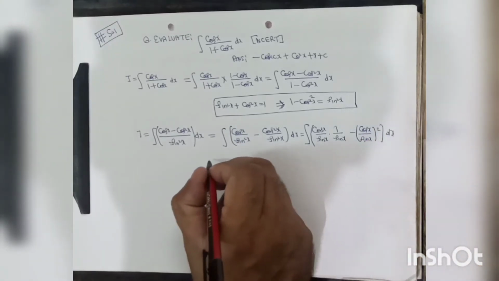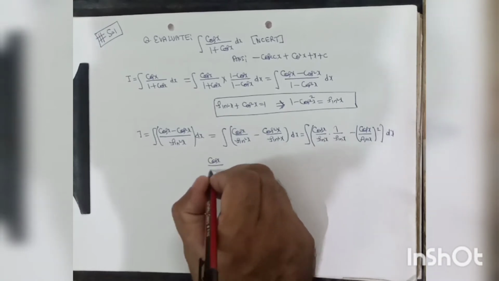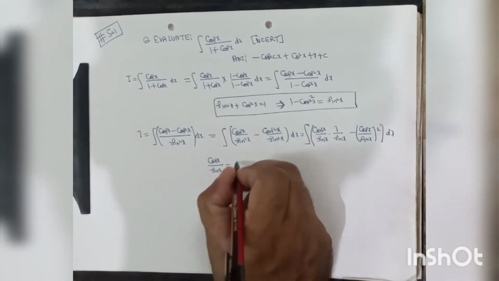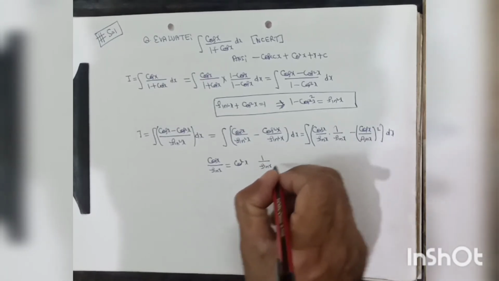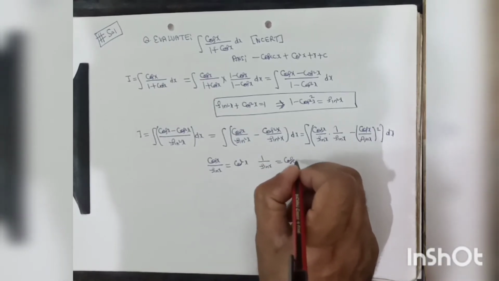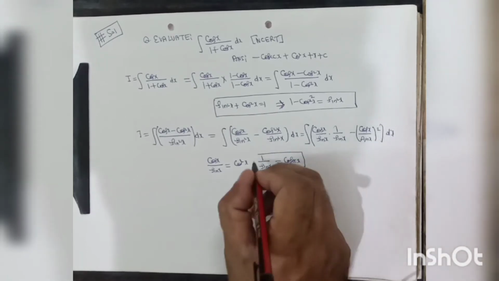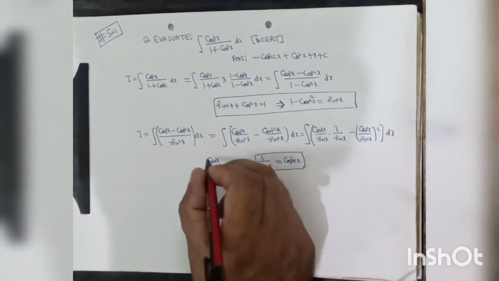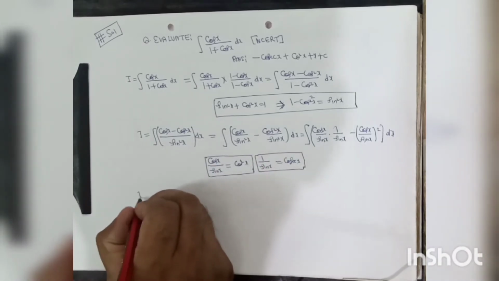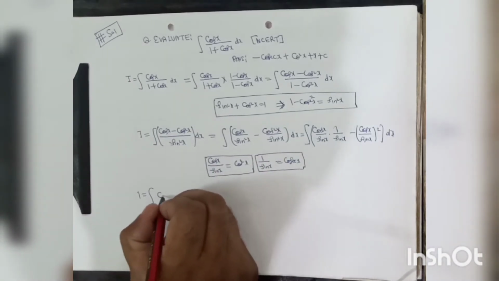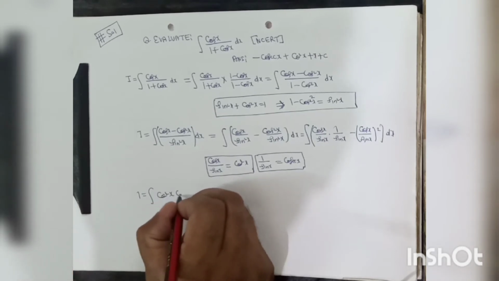Now we know cos x over sin x is equal to cot x and 1 upon sin x is equal to cosec x. So we will use these two formulas now. So the given integration may be written as I is equal to the integration of cot x into cosec x